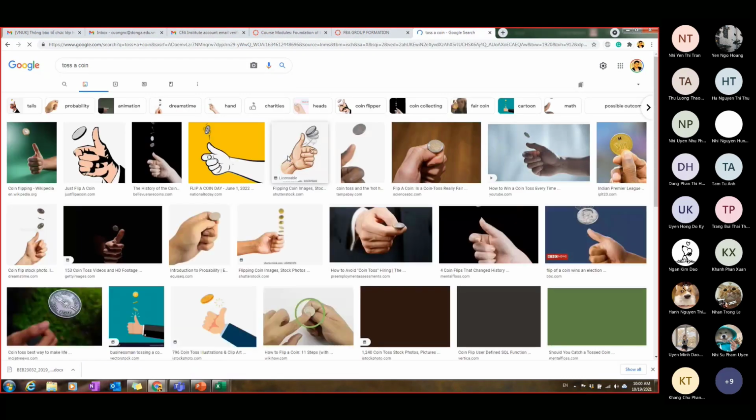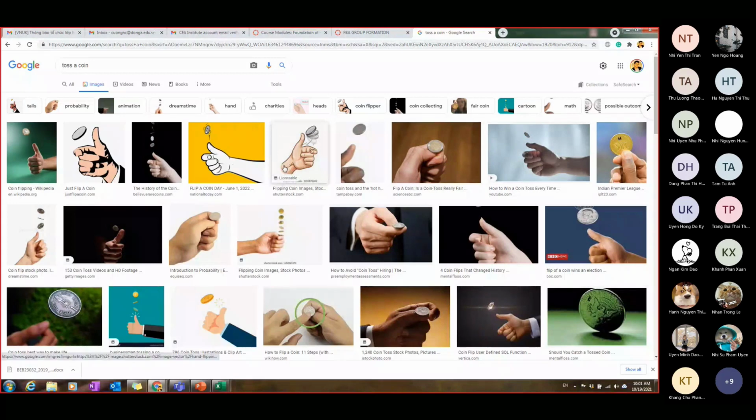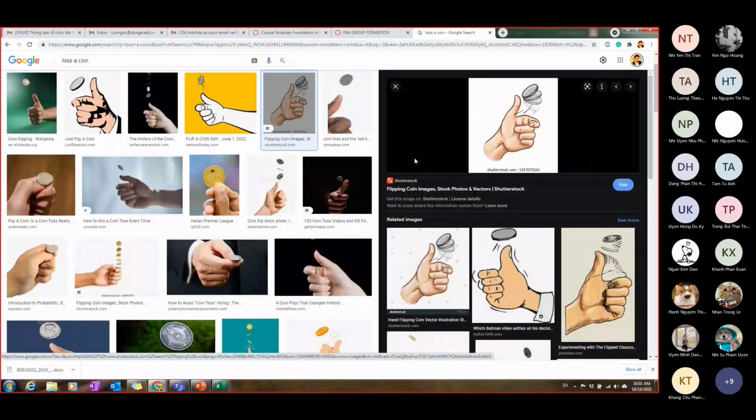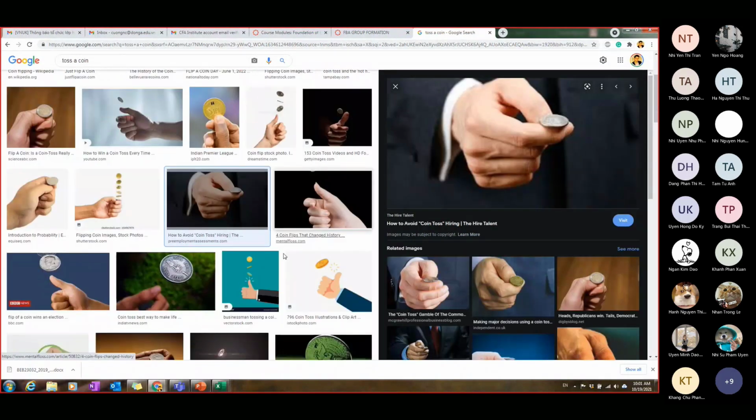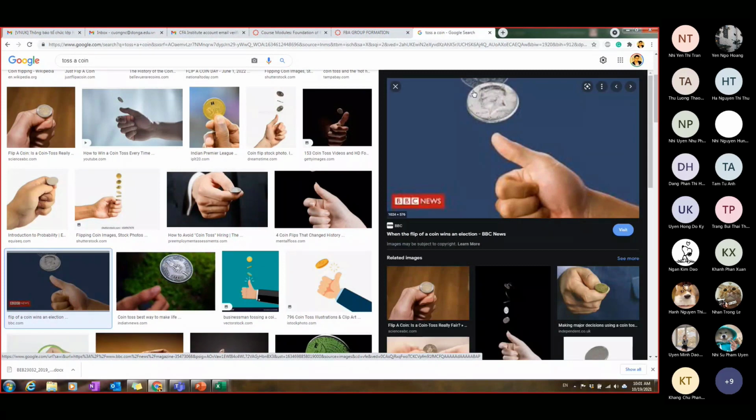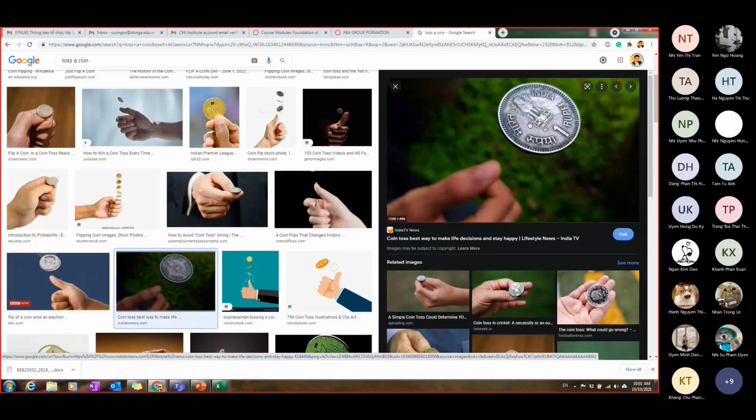But when we talk about tossing the coin, that means we flip it in the air, and then when we drop it, we can see the result. The result can come out as two outcomes. First of all, what is this? Second, what is this? What we call mặt sấp và mặt ngửa, đúng không? So basically they're the same here. When we toss the coin, we have the head and the tail. The head means the upper surface of the coin, and the tail means the lower surface of the coin.